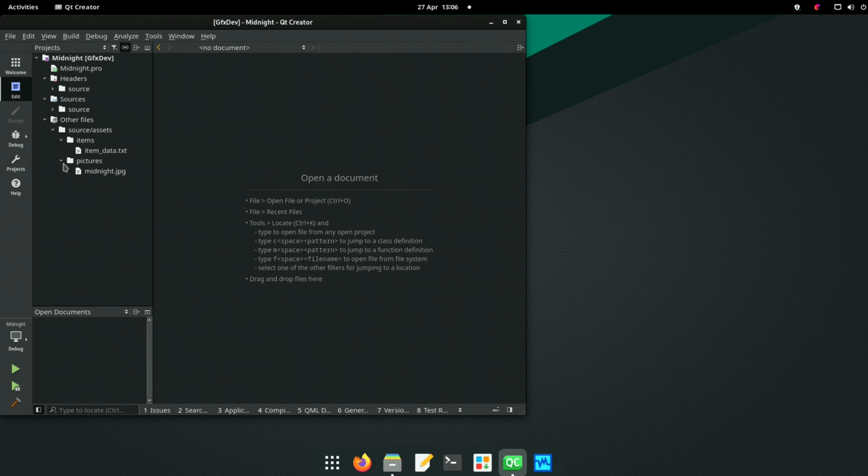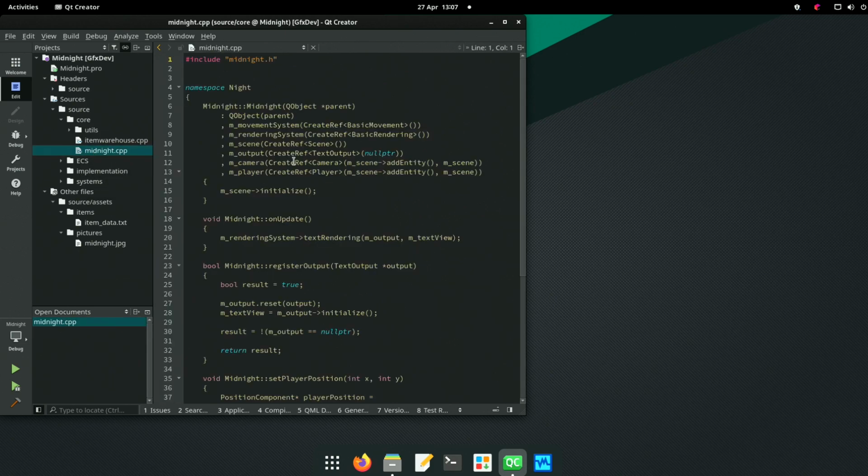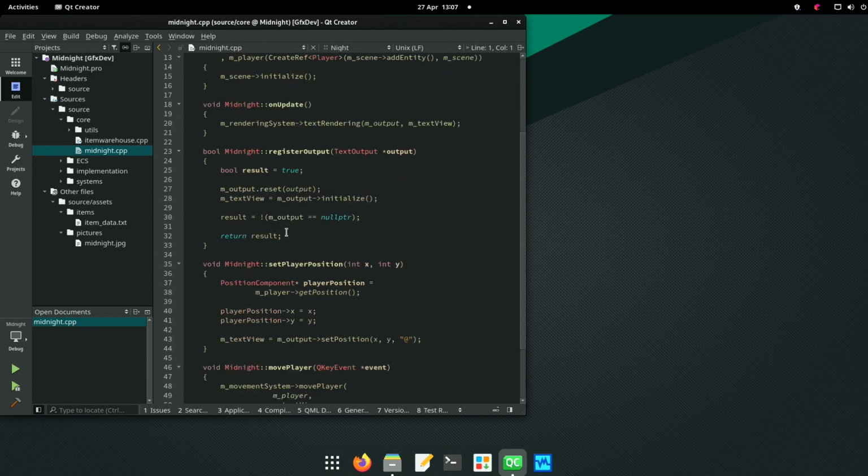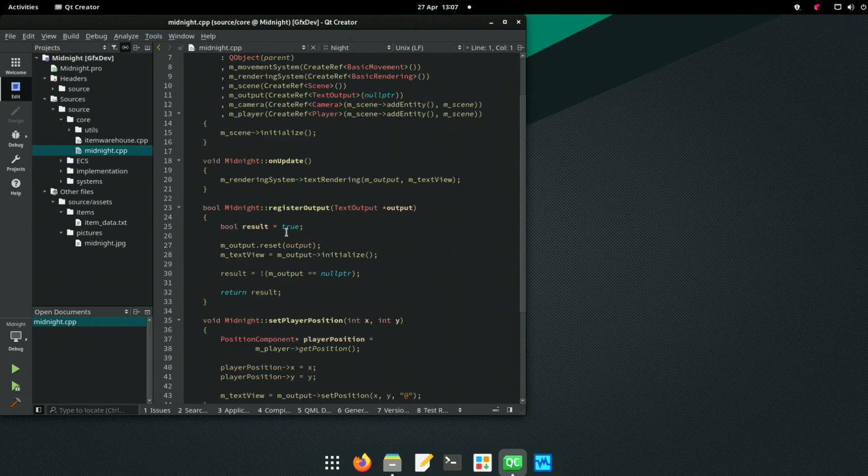We have the items, we have a picture, we have core. This comes from a Qt main window. Yes, it does. So we have a Qt main window somewhere.